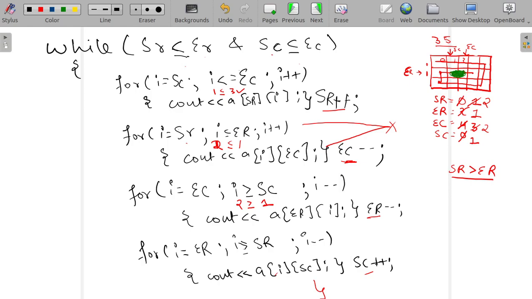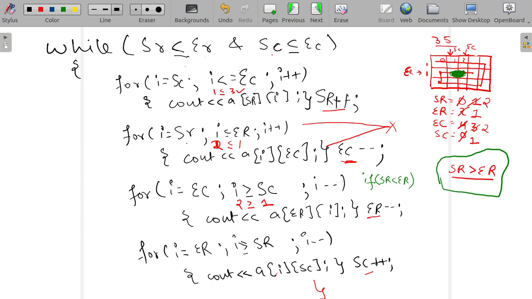To overcome this, we will use this condition which we have written, right? So that this loop also doesn't work. We have already seen that the second loop didn't work because of this condition, right? So we will check that if the value of start row is less than end row, only then we will print this.